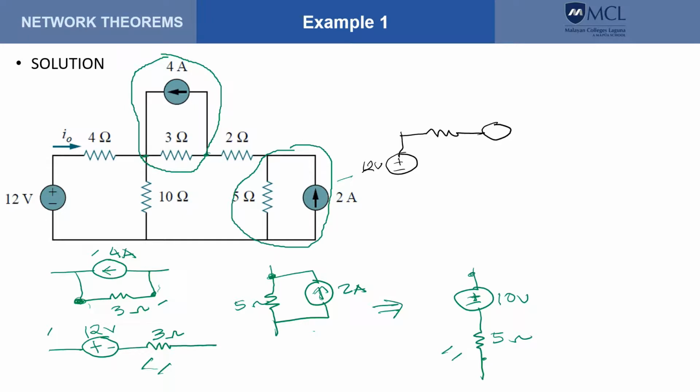So this would be, so here this is 10 ohms. Okay, so this is our voltage that is in series with the resistance, and this is the 2 ohms, and then